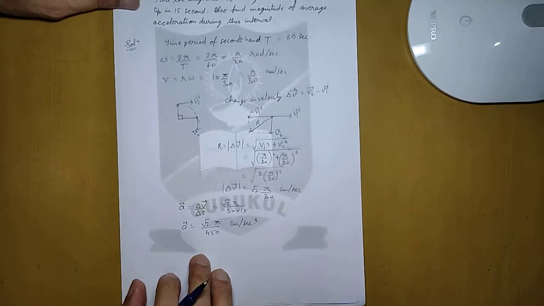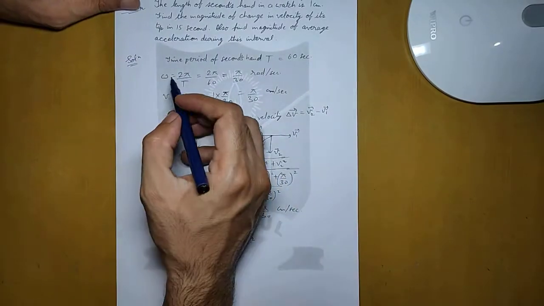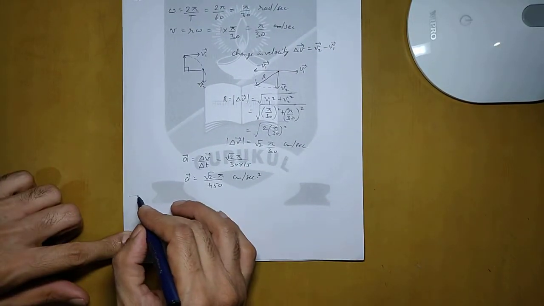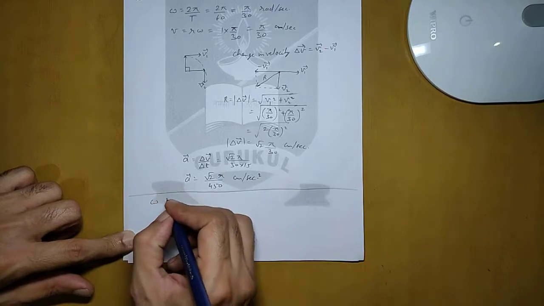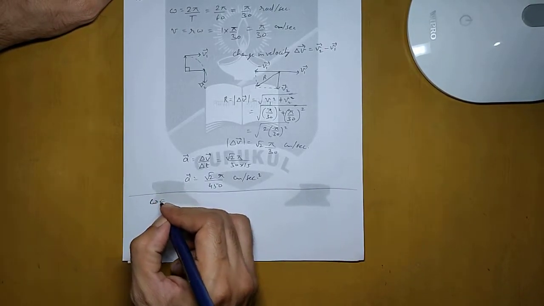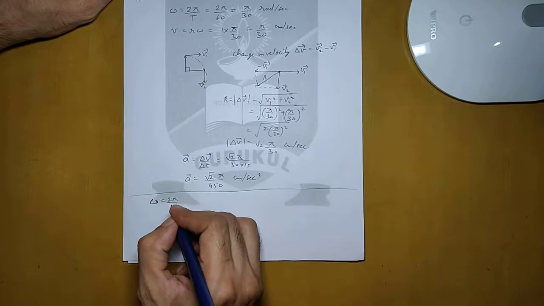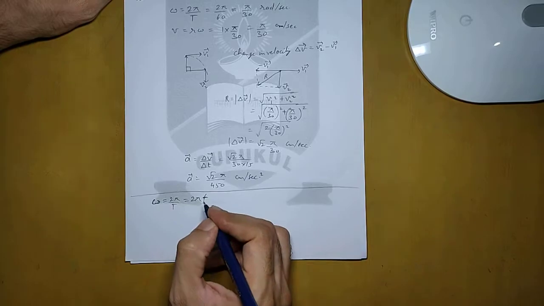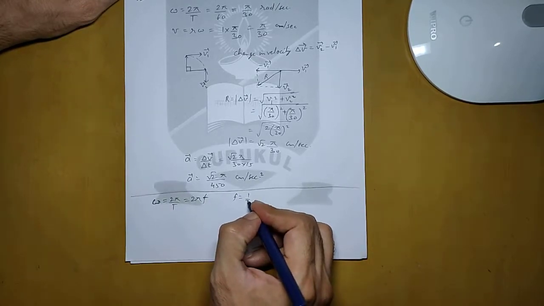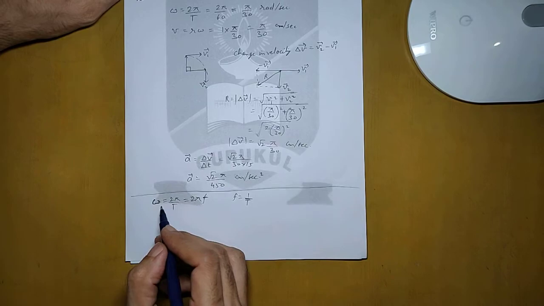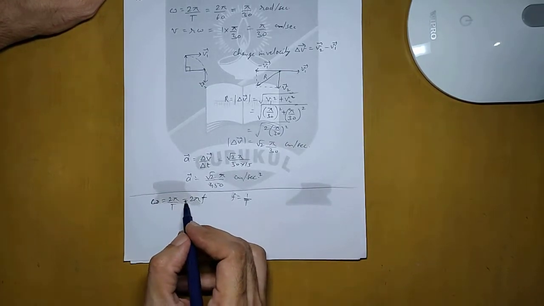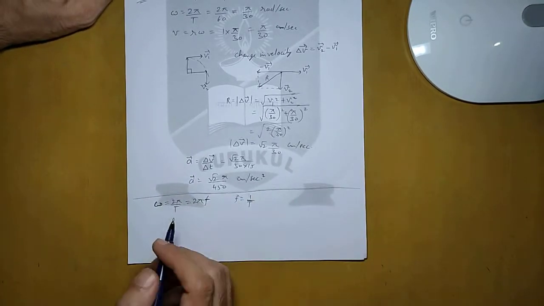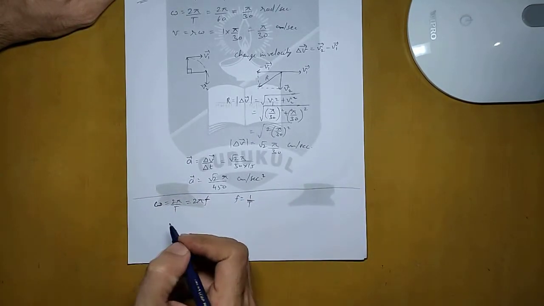So we use this formula initially, omega equals 2 pi by t. There are some variations in the formula of omega which are sometimes very useful in certain problems, and you should remember these formulas: 2 pi by t, or it will be equal to 2 pi into frequency. We know that the frequency is reciprocal of time period. So either omega can be written as 2 pi by time period, or we can write it as 2 pi into frequency.